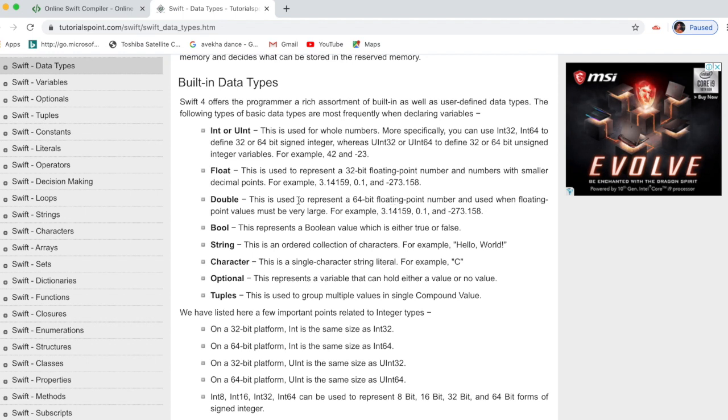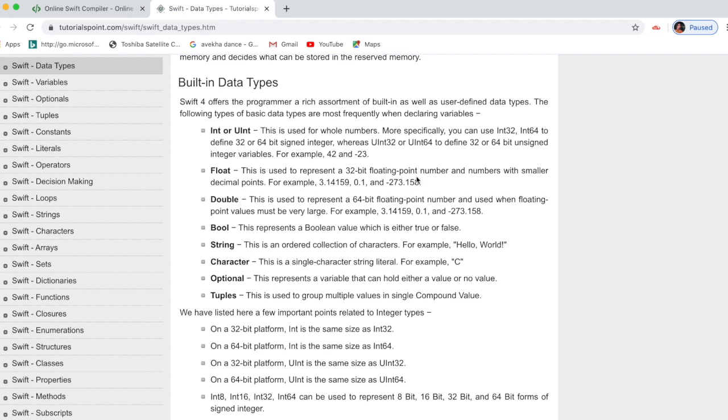The difference between float and double: float is a 32-bit floating point and double is a 64-bit floating point number. Boolean represents true or false. String is like "hello world". Character is a single character, for example C.